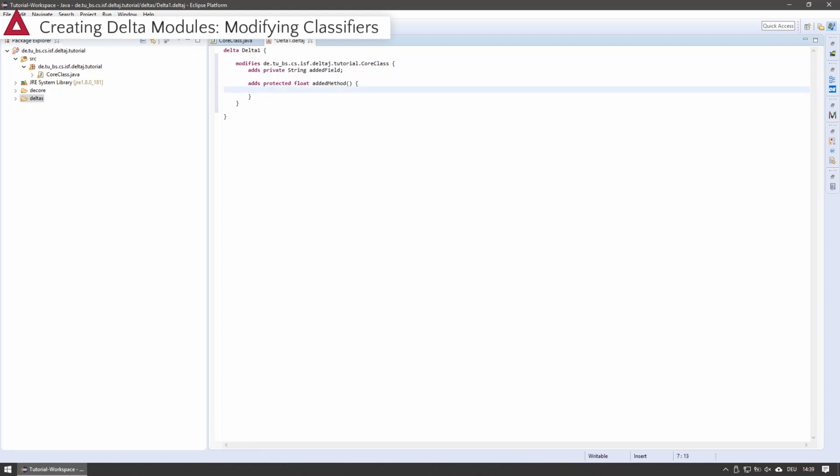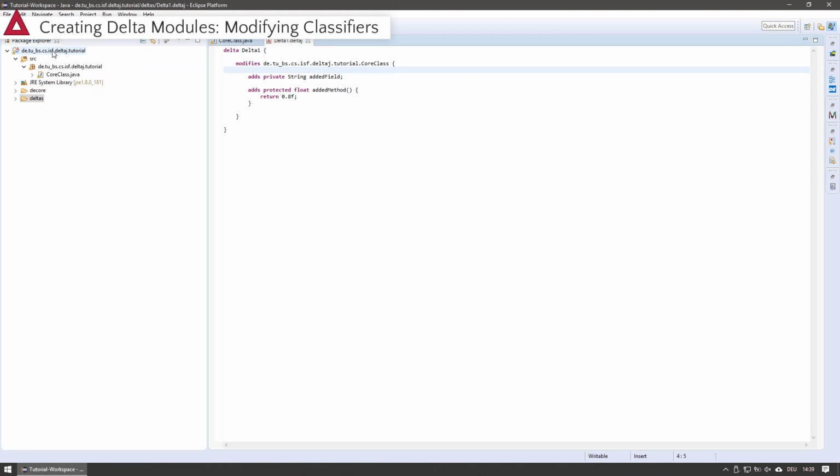However, our website covers further examples and insights into all kinds of operations along with their notation. It's definitely worth a look. At this point of the tutorial, I have a regular core Java class and a Delta module that wants to add members to this core class when it is applied. What's missing now are some problem space artifacts.